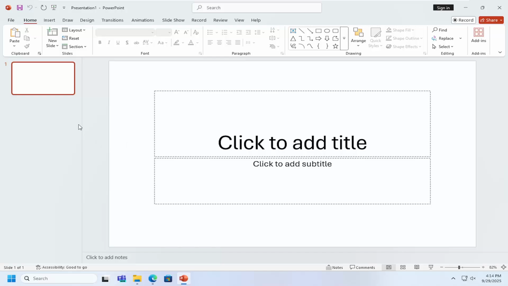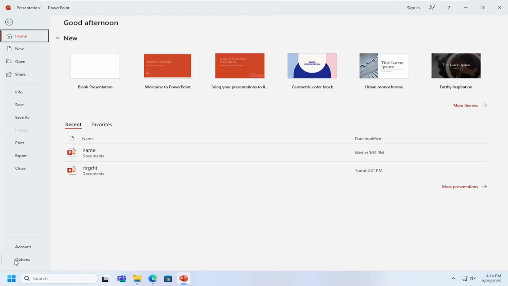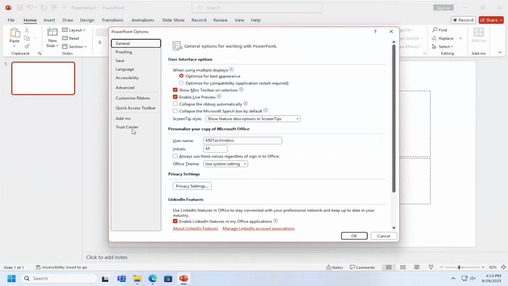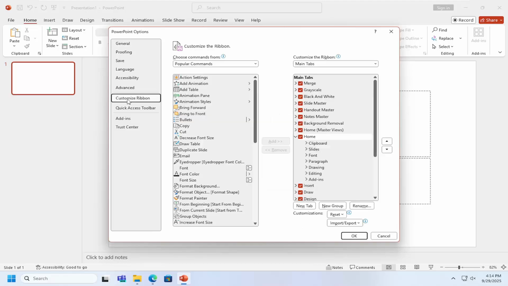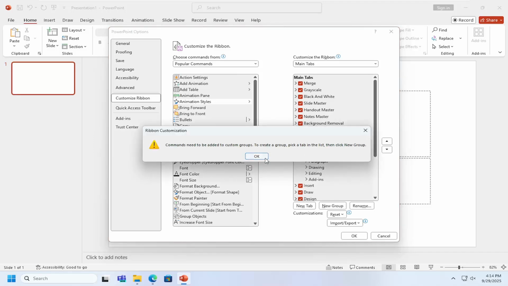So all you have to do is open up PowerPoint and select the File tab up at the top left. On the left panel, go down and select Options. On the left panel here, select Customize Ribbon. And then at this point, you can drag over or select the Add button, certain items you want to add